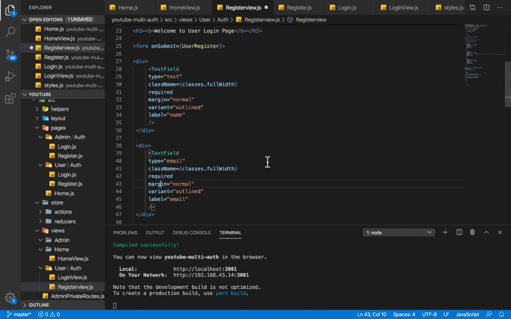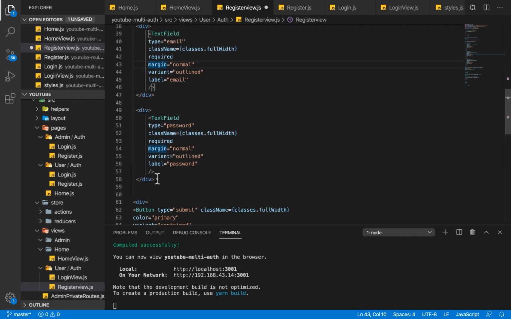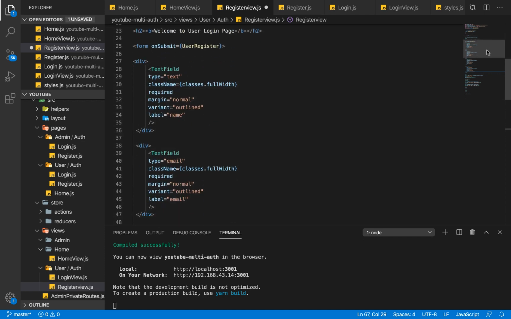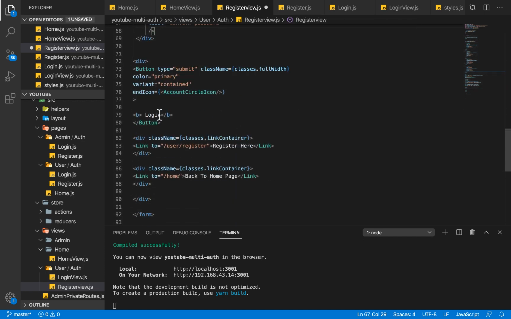So we have name, the email, we have password, and we also want confirm password here. Copy this guy, paste that in here, and we want confirm password. And so the name, the email, the confirm, and here we are going to change this to